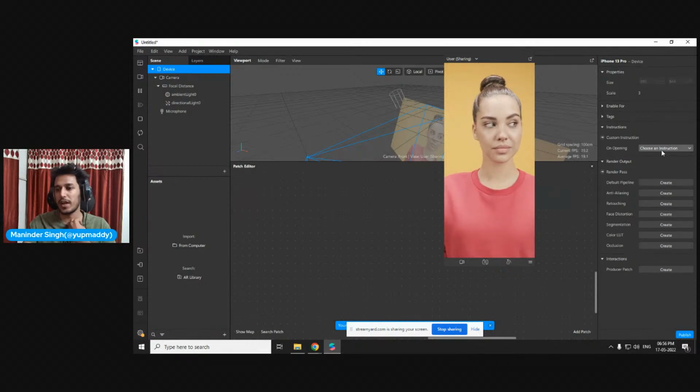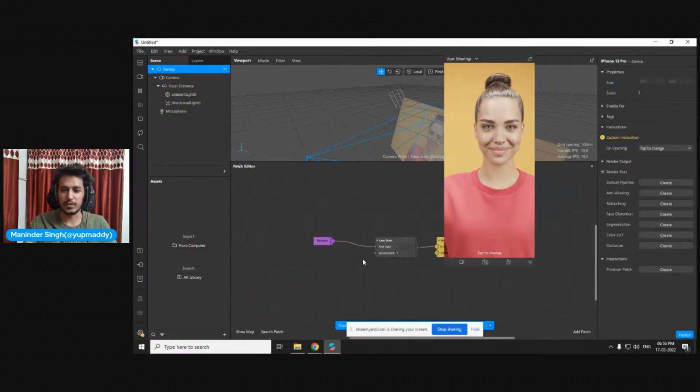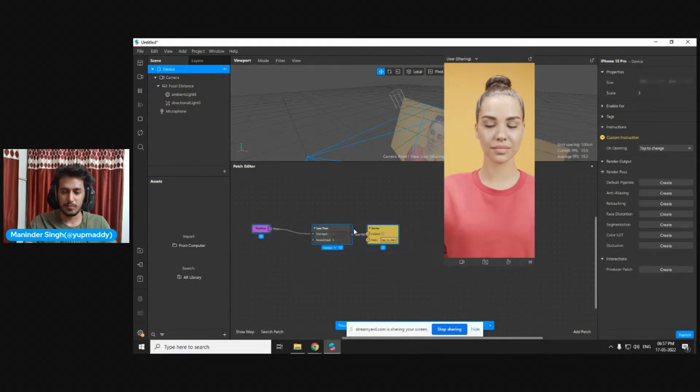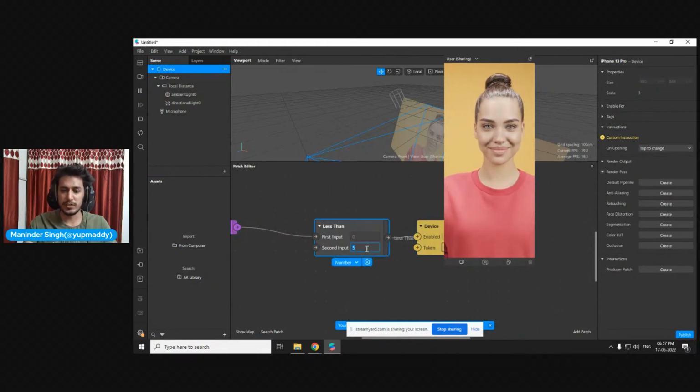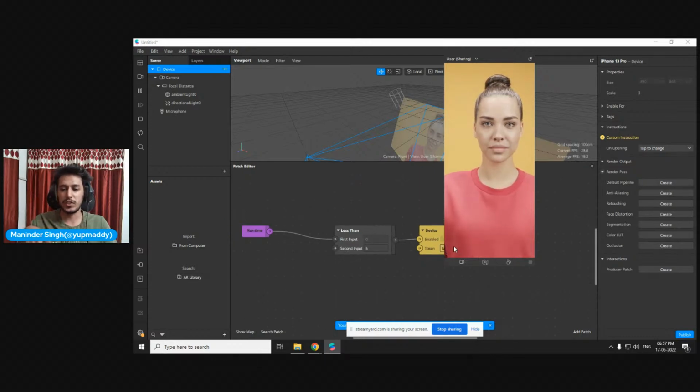In here, you can add instructions from here, like tap to change. If you just click on tap to change, the instructions will drop here. It will run for 5 seconds. You can also increase the size of the instruction. When I restart, you can see tap to change. If you are creating any filter, like tap to change,